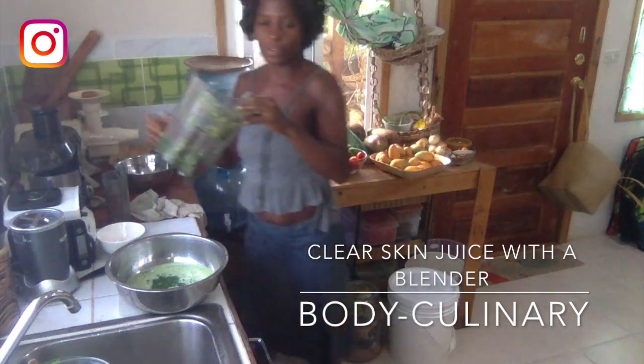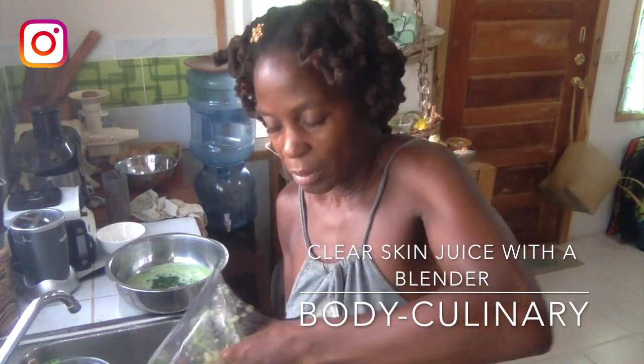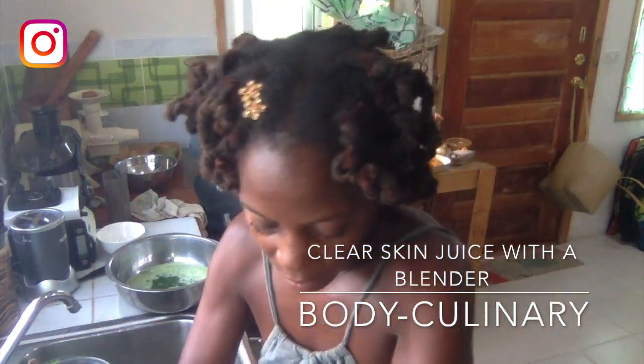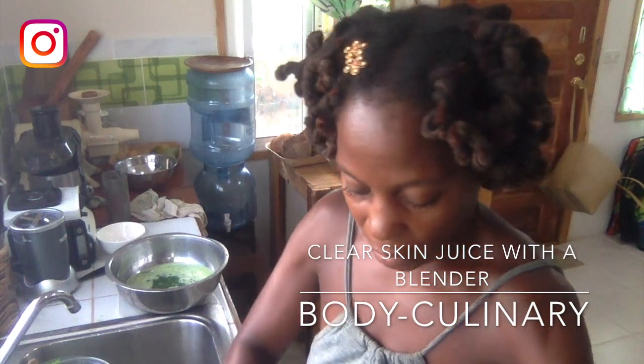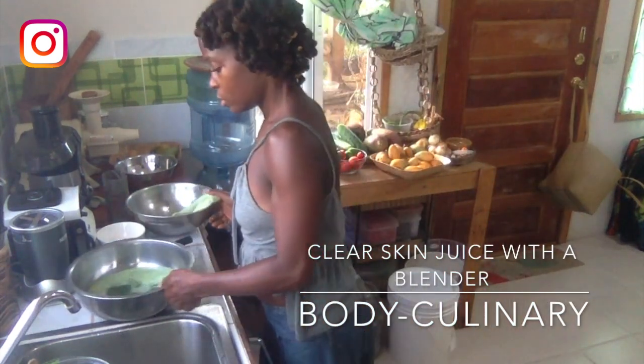I'm going to show you the difference in the pulp. So this is quick, but look how wet this pulp is, right? This pulp is dry. So again, if you're buying organic and paying per pound, you want to get as much juice out of